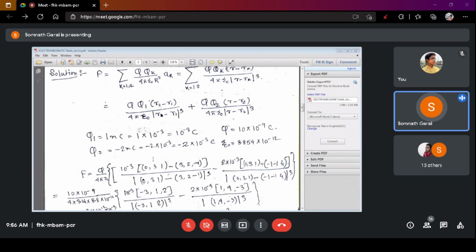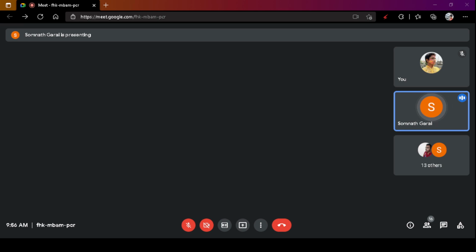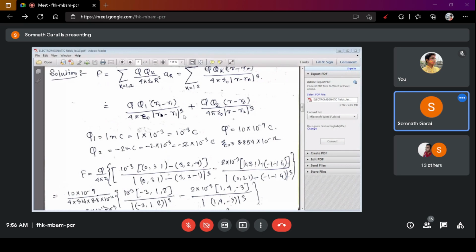This is R. So the value of R, whose position vector is 0, 3, 1, minus the position vector R1, that is 3, 2, minus 1, divided by, we have already common 4 pi epsilon. So in the denominator part, that is mod of R minus R1 cube. So R minus R1 cube is 0, 3, 1 minus 3, 2, minus 1, mod, whose cube,